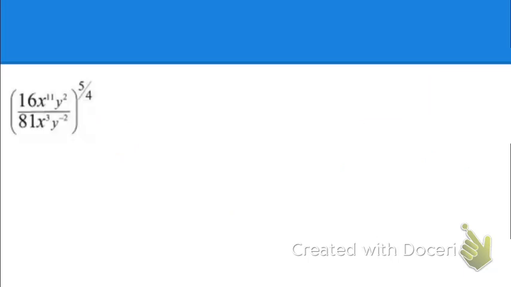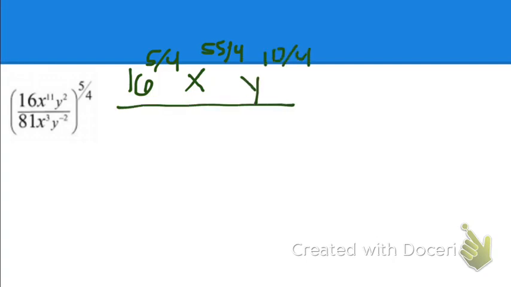Last one, a little more complicated, but again, it's just like these exponent problems we did 2 videos ago, except now you have fractions. Alright, so we're going to take everything inside the parentheses and apply the 5/4 power. X to the 11 times 5/4, you could multiply that and you get 55/4. And then y squared to the 5/4 power becomes y to the 10/4 power, over 81 to the 5/4 power,